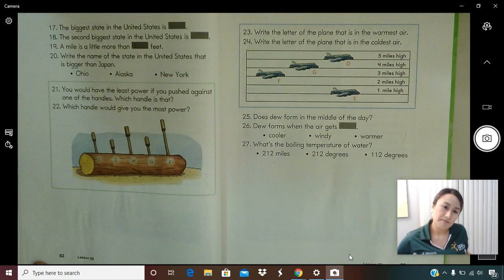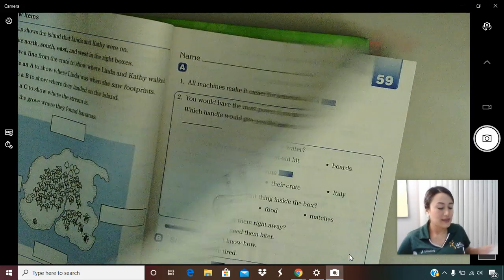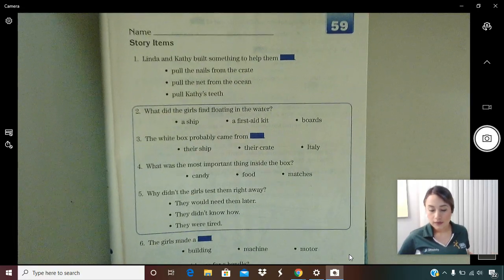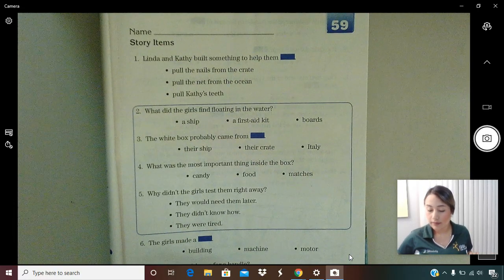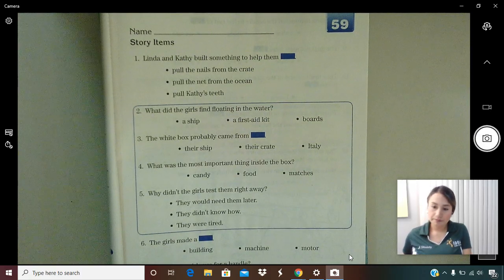All right. I'm going to close the textbook. Get your workbook. On your workbook, we're going to grade lesson 59. Okay, and give you a couple seconds to get it if you don't have it with you. So, for number 1 on workbook,